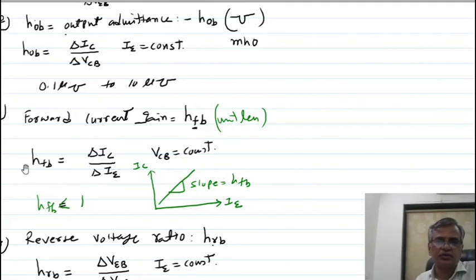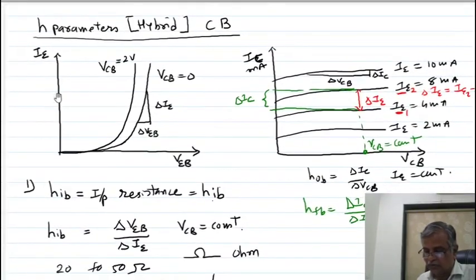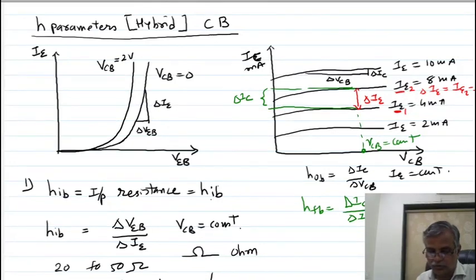Hybrid parameters are very useful for amplifiers in the audio frequency range. From the hybrid parameters you can find all the parameters related to the amplifier circuit. You can calculate the input resistance, output resistance, voltage gain, and current gain of the amplifier from these H parameters. So this is very useful. I think you understand how to find the parameters from the input and output characteristics.